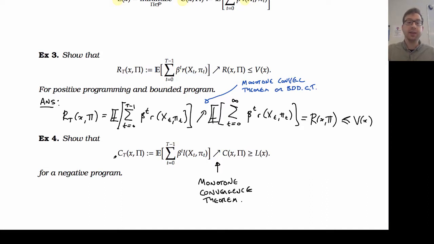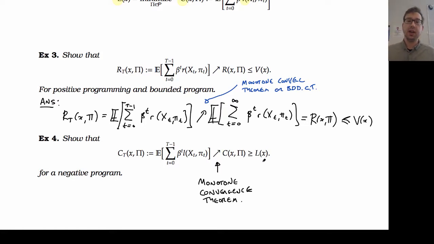Whereas if we're looking at costs rather than rewards, notice that as I increase time, I sort of overshoot the optimal loss function. So I could start with a finite time problem that goes up and up and up, increases past the loss function, and after I've taken the infinite sum, I have to decrease it back down to the optimal loss. So with rewards, everything moves in the right direction towards the optimal reward. The other one, you overshoot it and have to bring it back down again. So for that reason, at a high level, the two cases have to be treated differently. Of course, we'll see that in a bit more detail when we go through the proofs.